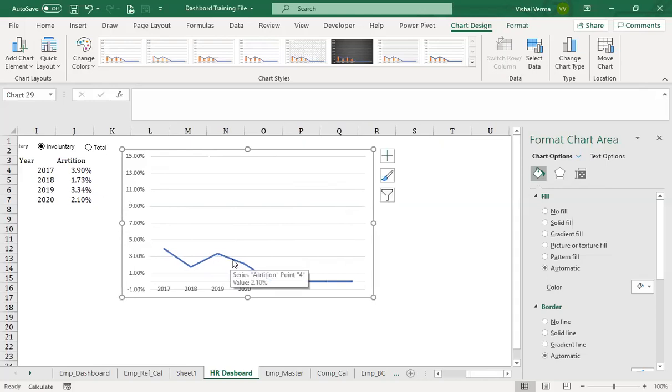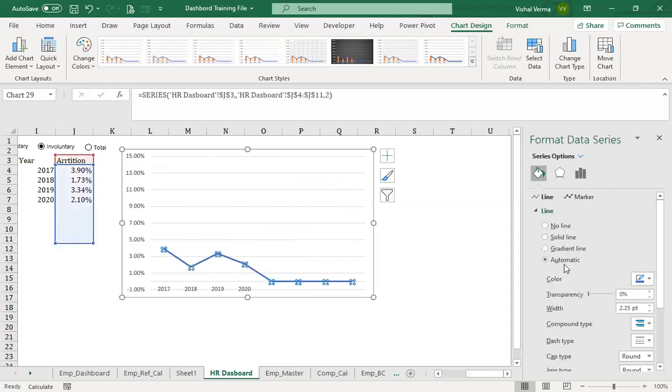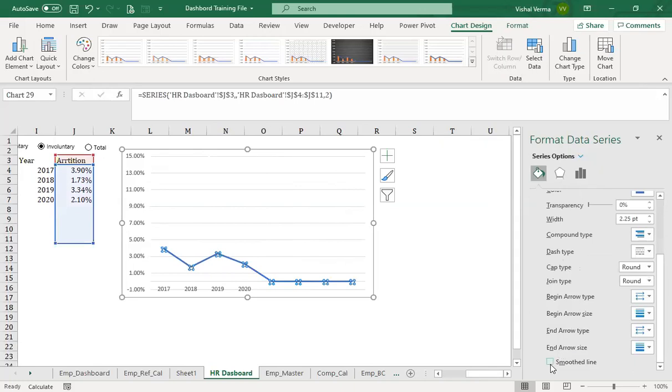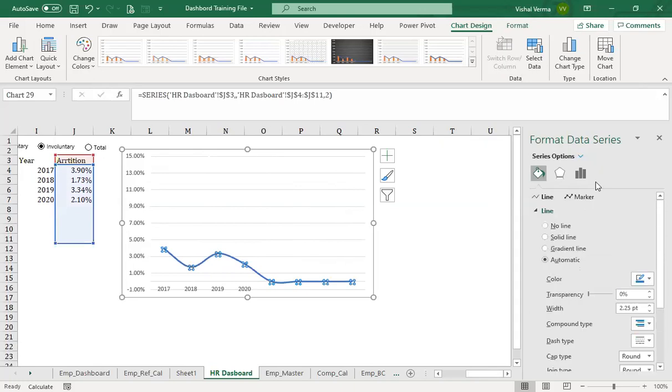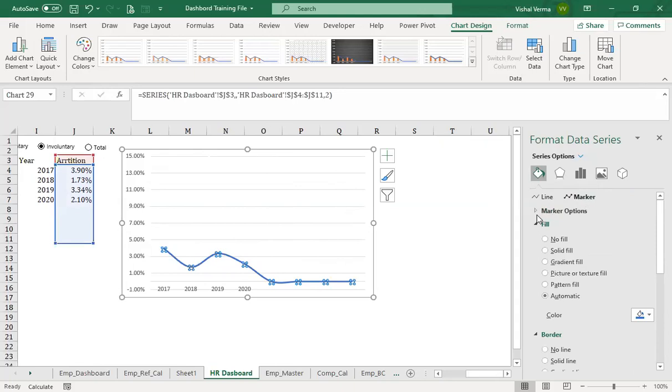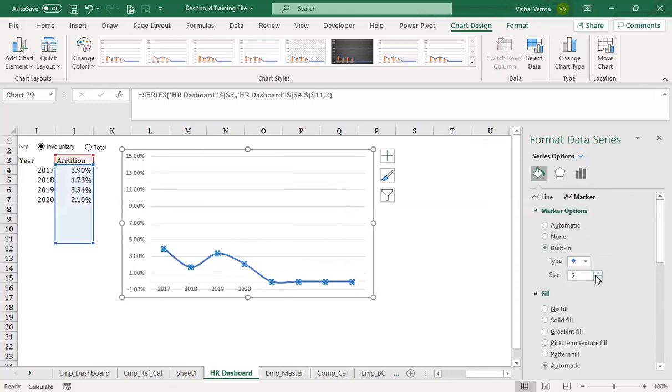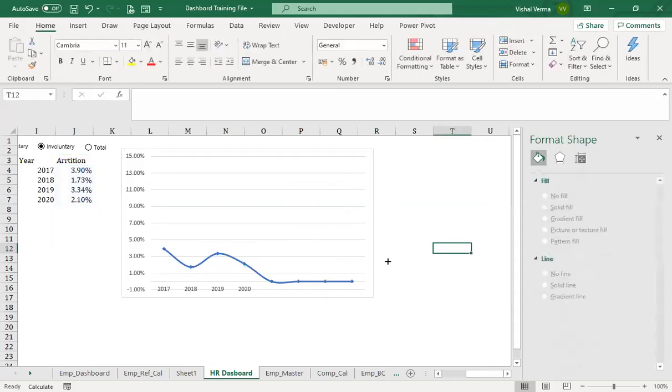So we have got this line. Okay. So for the line we will be working on smoothing the line. And marker type, we will be having the marker type here. Built-in marker type, let's take it as diamond, and let the shape remain the same.